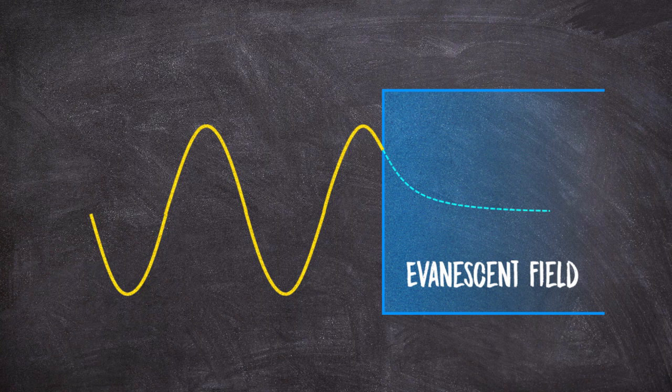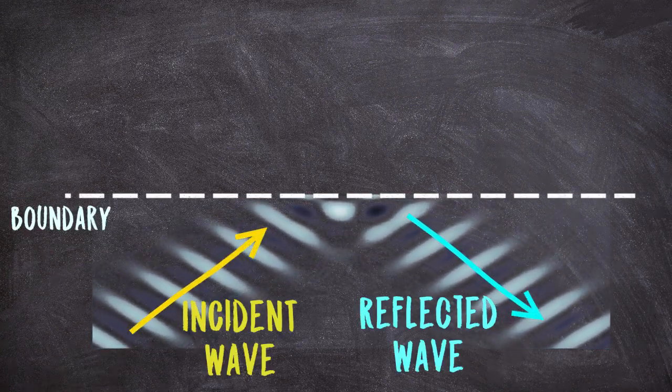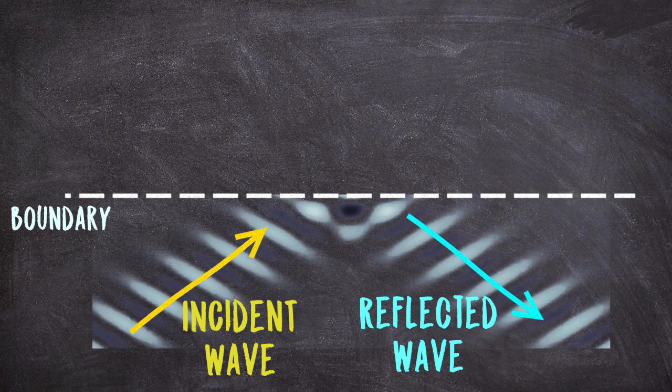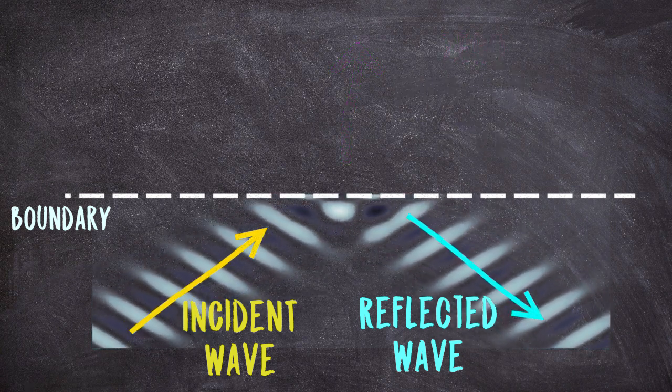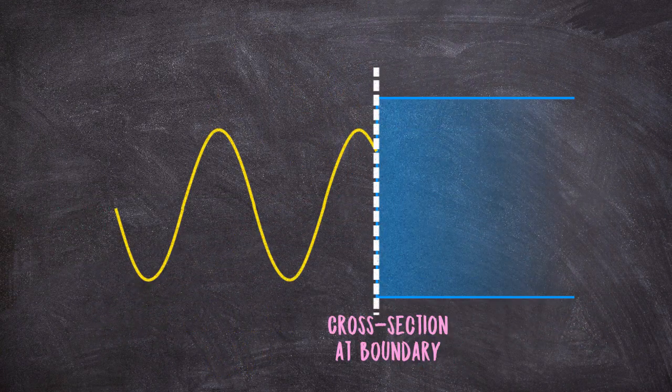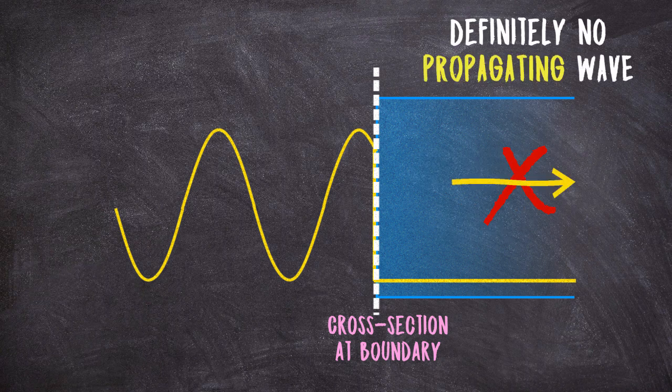In order to understand evanescent coupling, we first have to understand what are called evanescent fields. And evanescent fields are something that happen when a wave hits some boundary, and that boundary perfectly reflects it so that none of it actually transmits through the boundary. Now, when this happens, you might think that if I looked inside the boundary, I'd see no waviness or disturbance at all, since we know there's definitely no wave propagating through there. However, that's not actually the case.